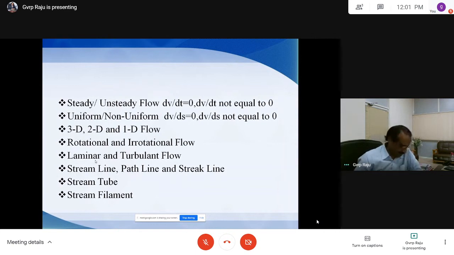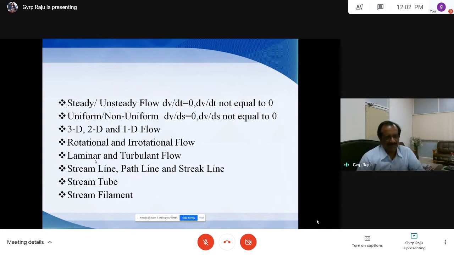Stream tube. A stream tube is imagined to be formed by a group of streamlines. So we have a number of streamlines, and the stream tube is a group of streamlines in an enclosed curve. Because at a point selected on the streamline, if you draw a tangent that gives the direction of velocity, and there is no normal component to the velocity, there is no flow across the streamline. As a stream tube also has a number of streamlines,